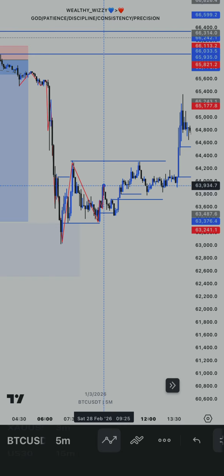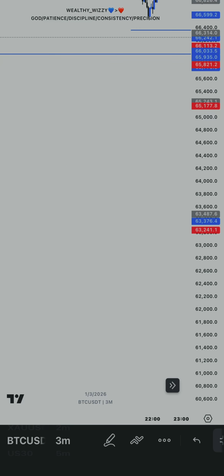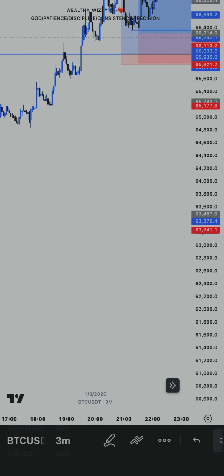Let me show you the trade from the 3 minutes time frame. I don't want the video to be long. I will be ending the video soon. As you can see, now price gave us our double break of structure here. This was a break of structure, and this is also a break of structure, and this is our liquidity,